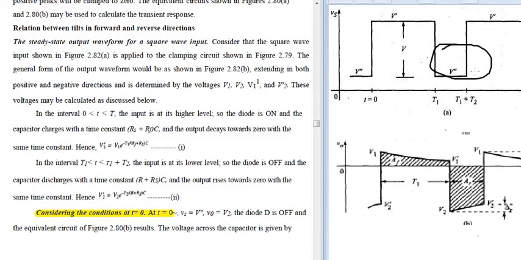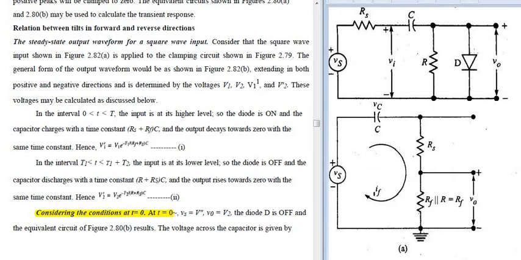Your diode is in reverse bias and the capacitor will be discharging now. Correct? See here, this is in reverse bias. Now we have a path over here, so this will be discharging. There is no forward resistance. So what happens here now? The time constant will be (R plus Rs) into C, because it is the discharging path. Your capacitor is not charging over here.